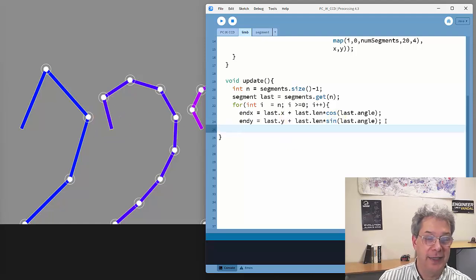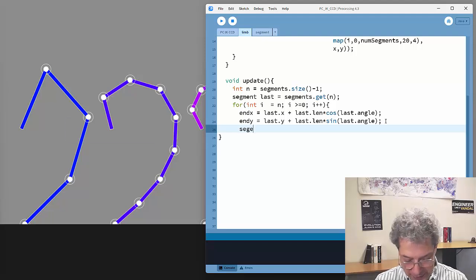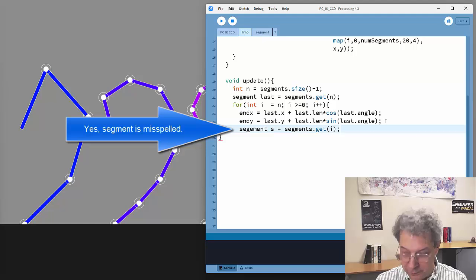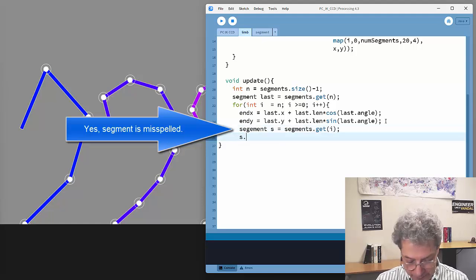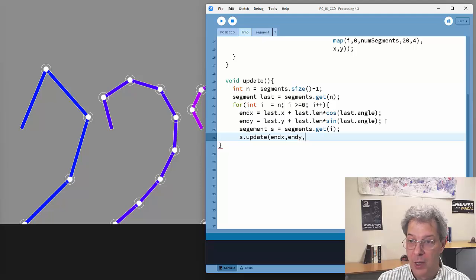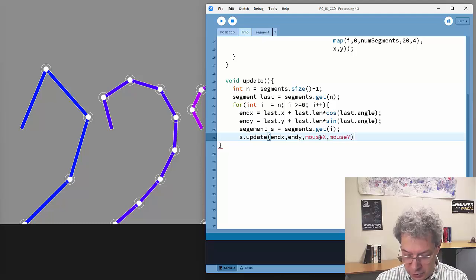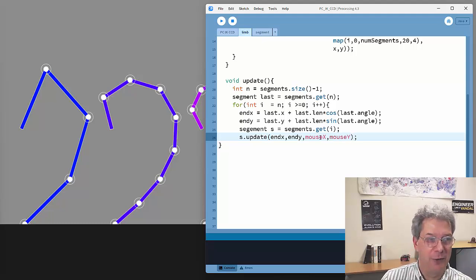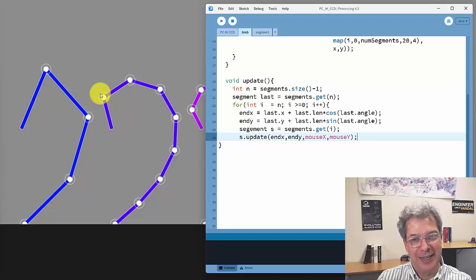And then I can get the segment that I actually want to update. So this is the segment I need to update. And so I tell it where the end of the limb is located, which I just calculated is end X and end Y. And then I also need to give it the target. And in this case, I'll just give it as the target, the location of the mouse. So my limbs are going to try and follow the mouse around. And that will update this angle so that as required by the cyclic coordinate descent algorithm, it's pointing in the